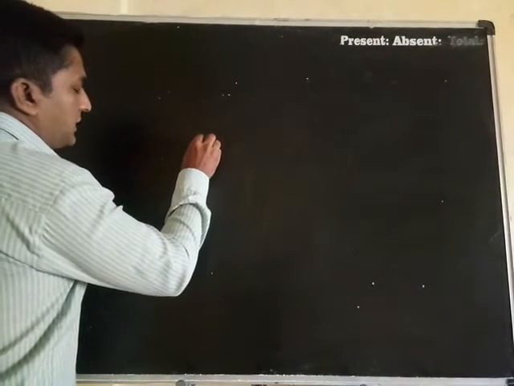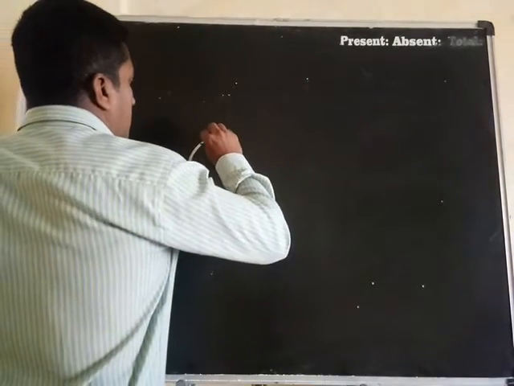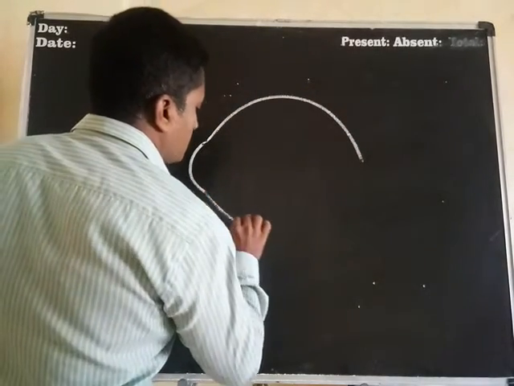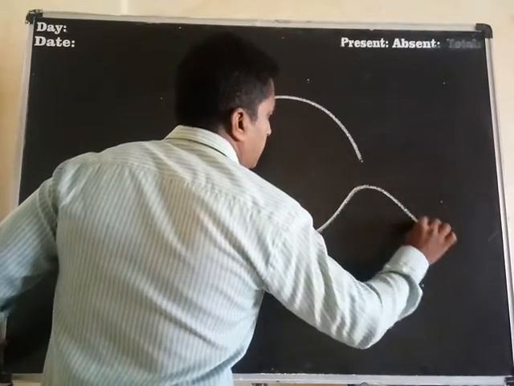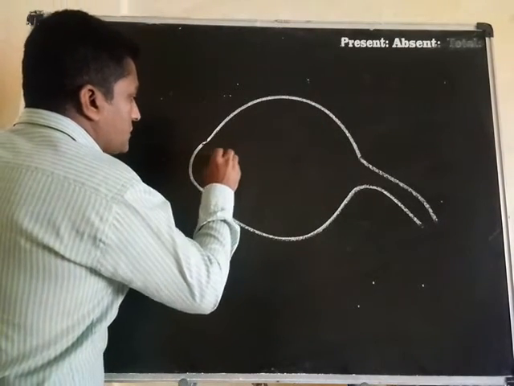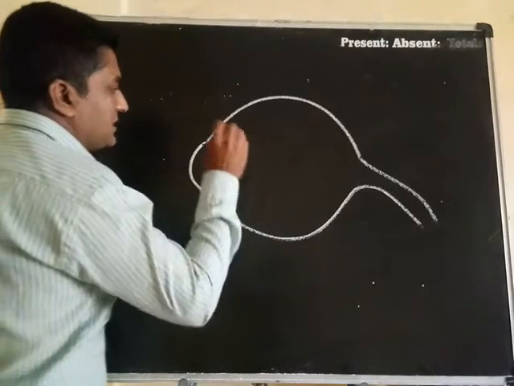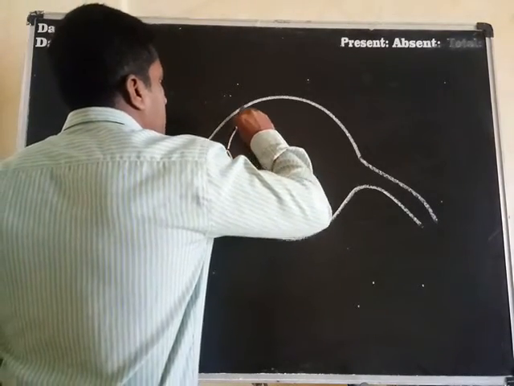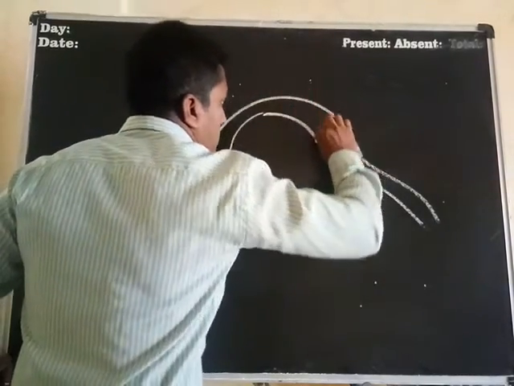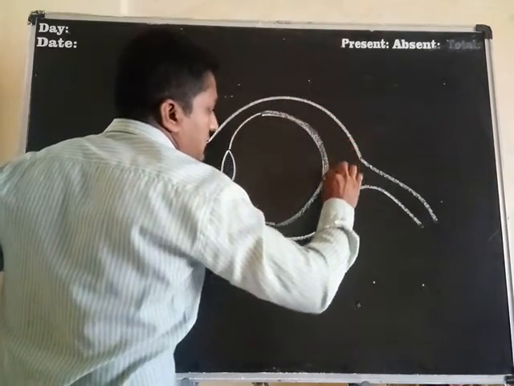You just have to understand that the human eye has a structure this way. This is the approximate structure of the eyeball of the human eye. Somewhere exactly here, this structure is called the lens, right everybody? And these are the ciliary muscles. And from here onwards, this is nothing but, we can say, the retina.